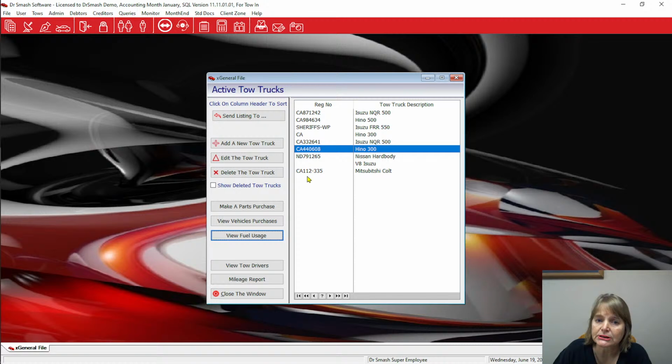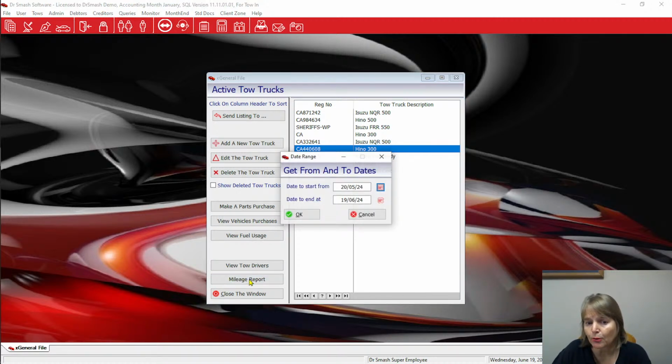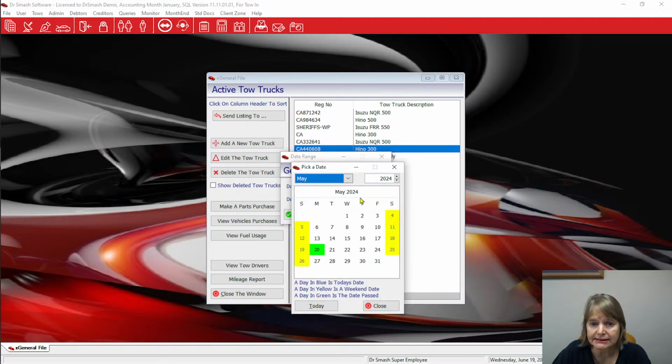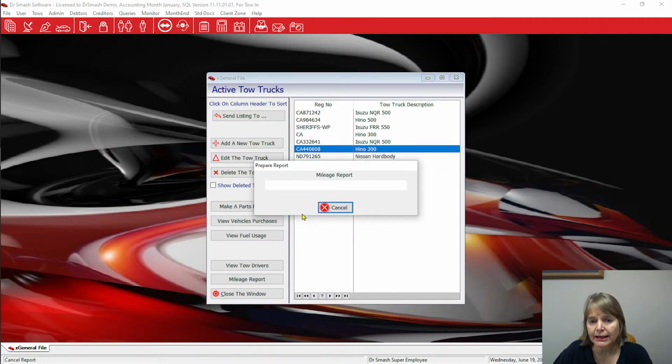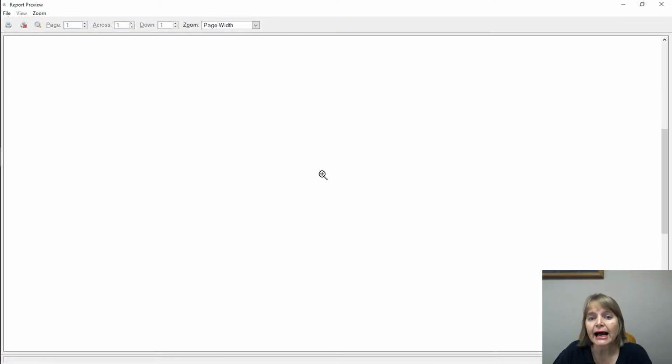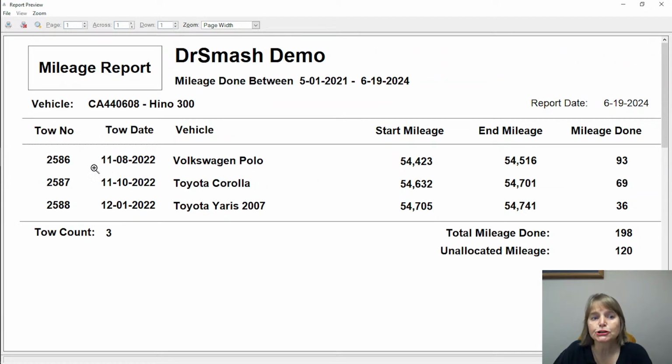For the mileage reports, I'm using the same car again. If I go into my mileage report, I set my dates. My dates are weird, so I'm going to say from the 21. I click on OK. And now it will come through and show me every job that has been done and what the mileage rates are on this particular job. So we can see that we've done a total of 198. From there to here, we've